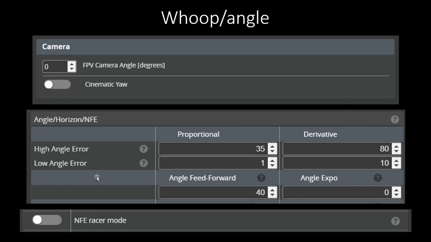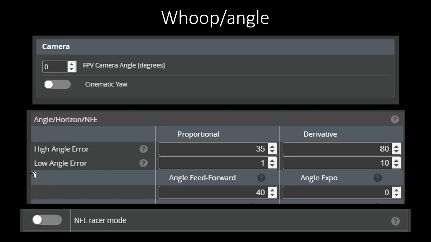But here, I've taken the PID controller and added some of the same math that Silverware, which is well known for flying very well in angle mode, uses. I've added a lot of that angle math and stuck it in EmuFlight. Now you might wonder, before, your angle mode code just had essentially two values, your angle strength and your angle limit. Granted, now there are more values, but it does fly better. So what we have here is a proportional, or P, an angle P, and an angle D, an angle derivative. And we have a high and a low. Now essentially, these values don't reflect values you'd actually want to use so much, but